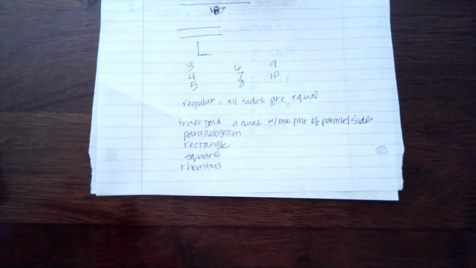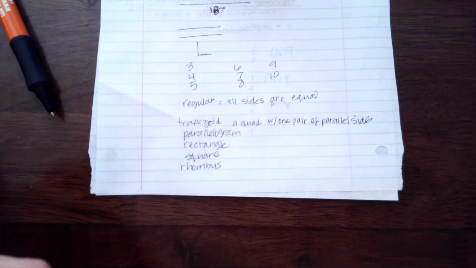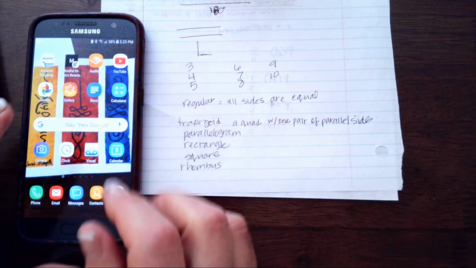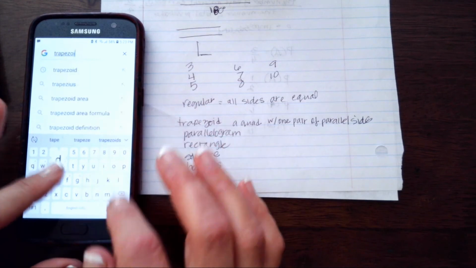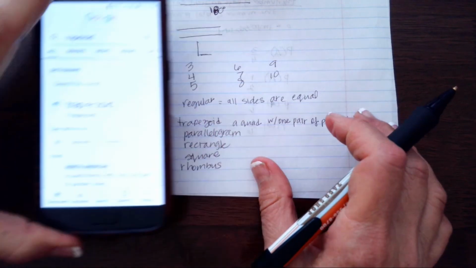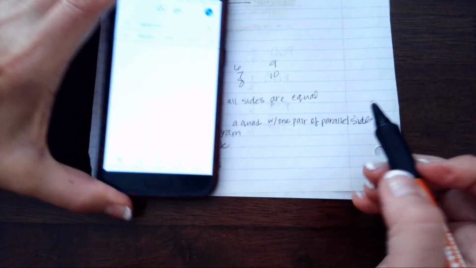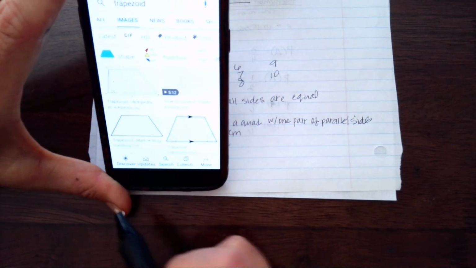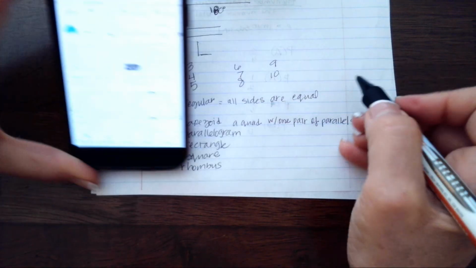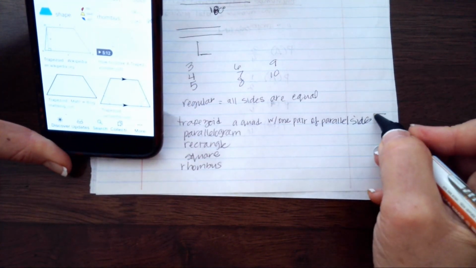So we're going to look up trapezoid. And we know that a trapezoid looks like this. So it is this